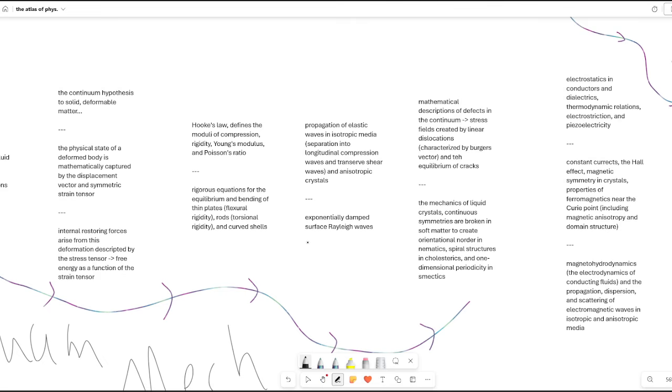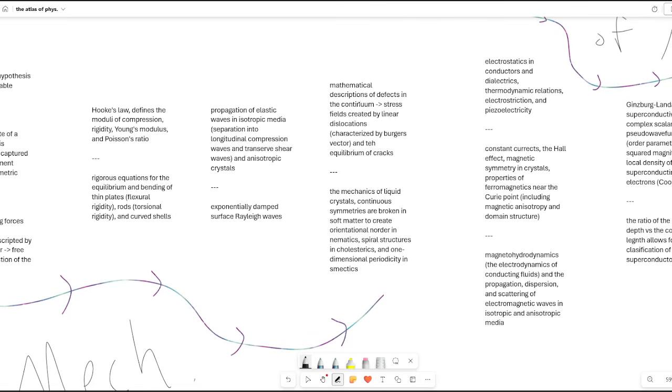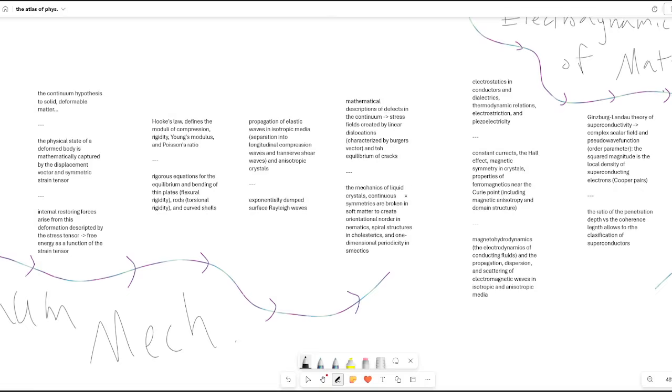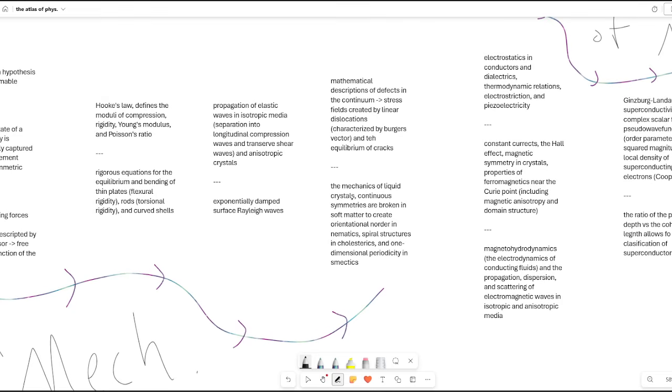This is very much the type of theoretical thing you'd want to emphasize in your Wikipedia rabbit hole search. But there's also the mathematical descriptions of defects in the continuum, stress fields created by linear dislocations, characterized by Burgers vector, and the equilibrium of cracks, and the mechanics of fluids, crystals, and continuous symmetries broken in soft matter to create